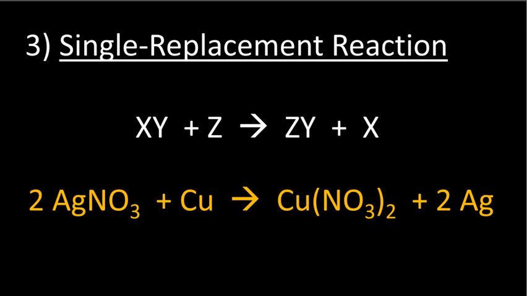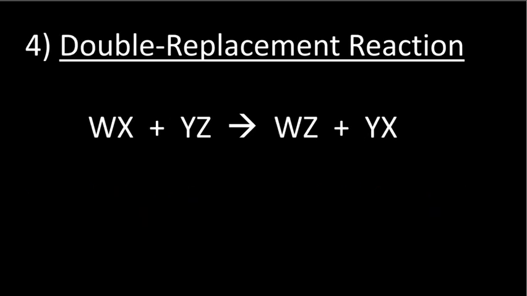Now, the fourth type is what is called a double replacement reaction. And this is kind of like the single replacement, except you have switching of partners. So you have WX plus YZ. And what you end up with is WZ plus YX. So what you see here happening is the W and the Y have traded partners. So the Y ends up with the X and the W ends up with the Z. It is a double replacement. Okay, so you're still looking for that same